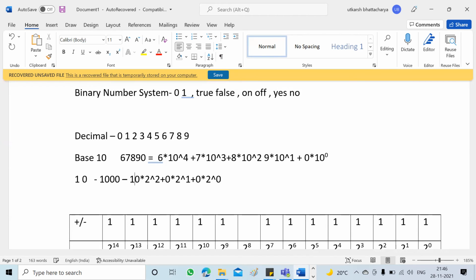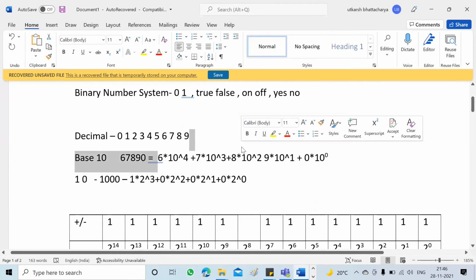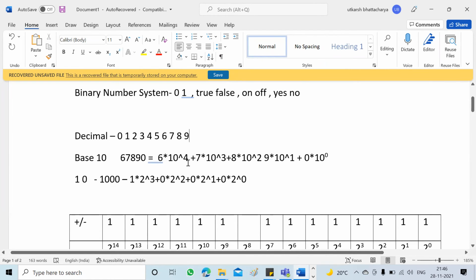And the third one is 1 into 2 to the power 3. Okay, so everyone can see what is happening here. Is it clear what we are doing? We are just converting it, just writing it in the same form. Like this number, we wrote it in its decimal form. And this number has a base of how much? 2. The system is the same. So how much is the final value going to be?